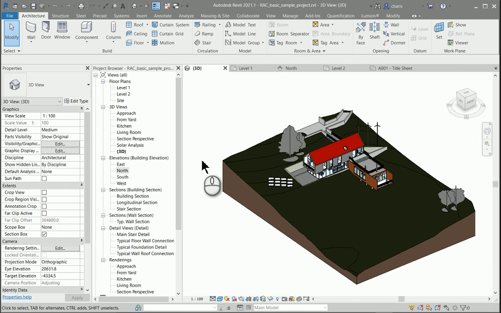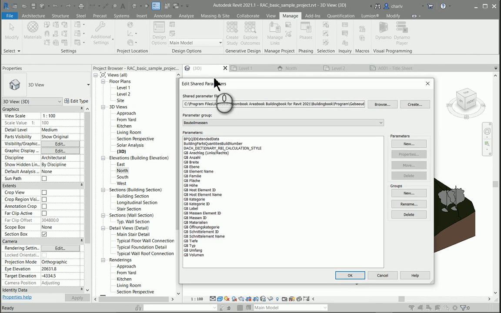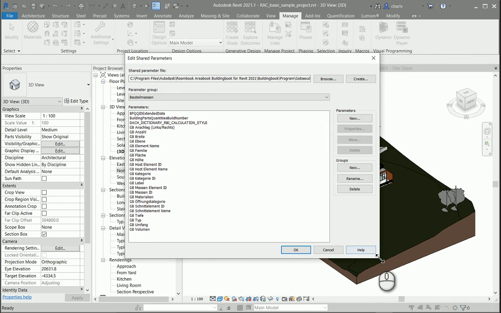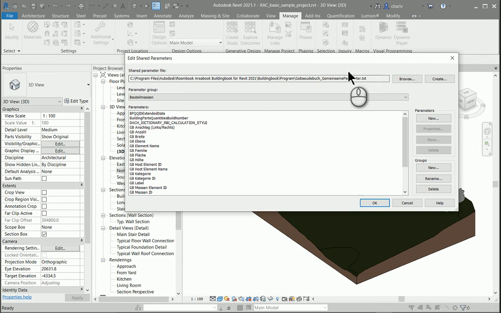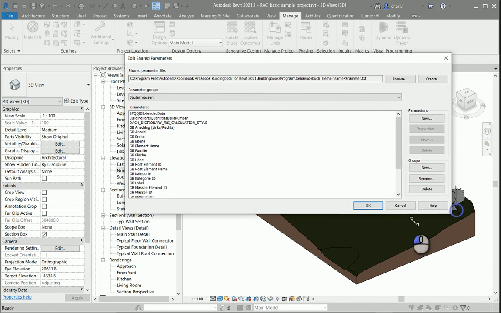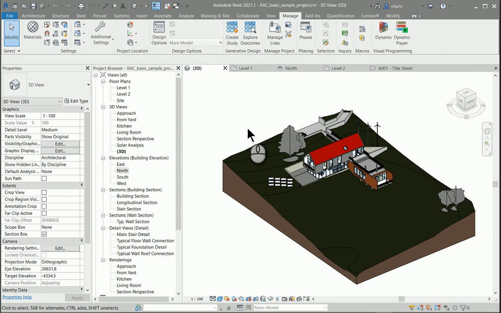Right, and then there's a couple more. One of them is if I go to manage the shared parameters. These days the shared parameters window can be opened up, and that's quite nice because you can then see directories, and if there is longer wording in the parameter manager, you can open that up and resize this window. Okay, it's not a big one, but at least it gives you the ability to see longer paths and that sort of thing. Right, there are a couple of others, but at this point these are the ones that